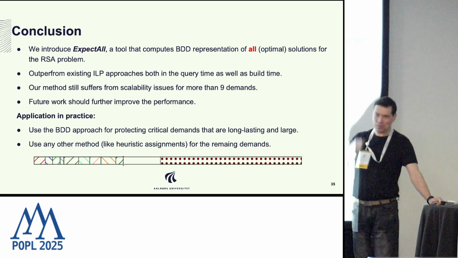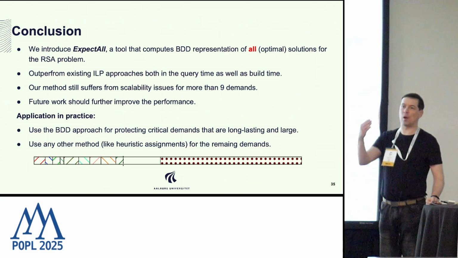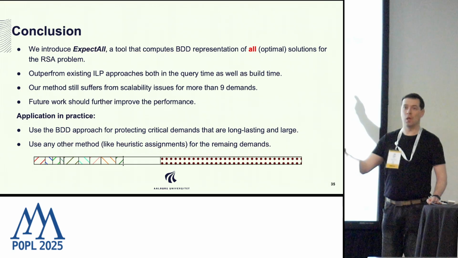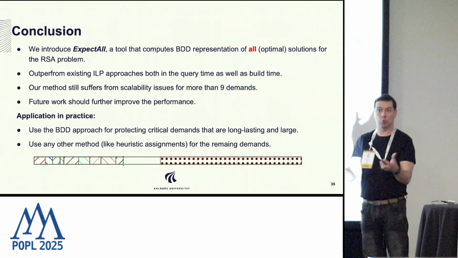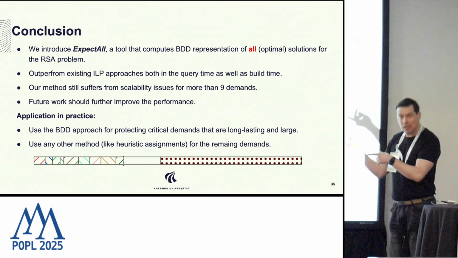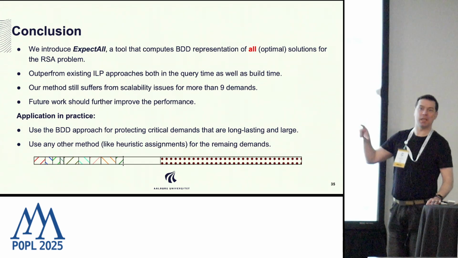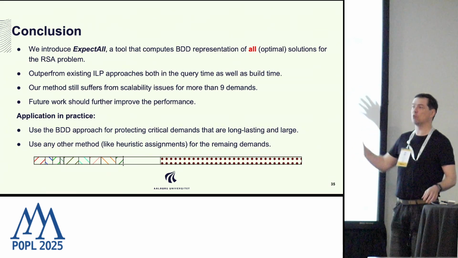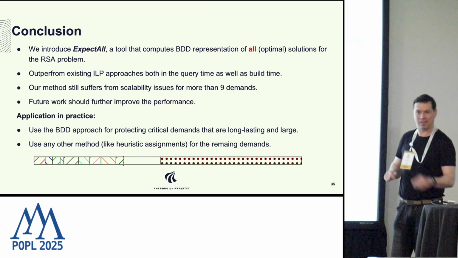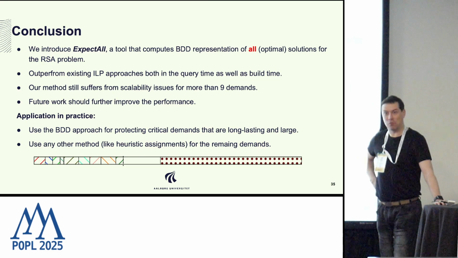This is an excellent question, because I think this is primarily what the operators would like to do: keep all the paths running and only do the necessary minimum to reshuffle. And indeed, we do it, and we have a section in the paper where we describe how you can optimize for that criterion and how to construct the BDD. I dropped it because of the lack of time, but that's something that is possible, and you can read it in the paper.